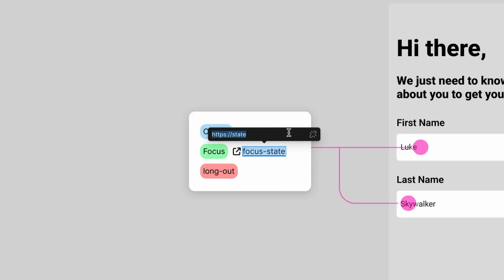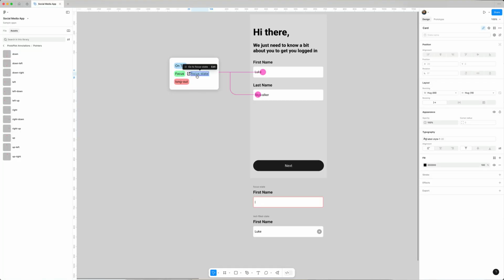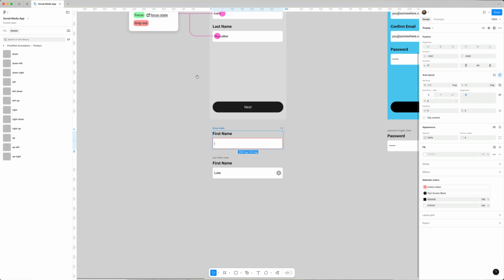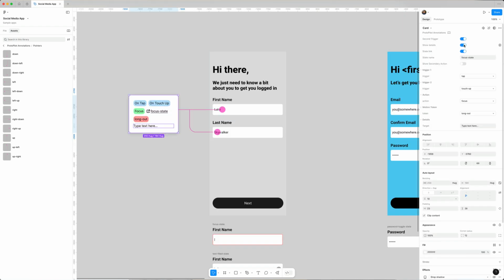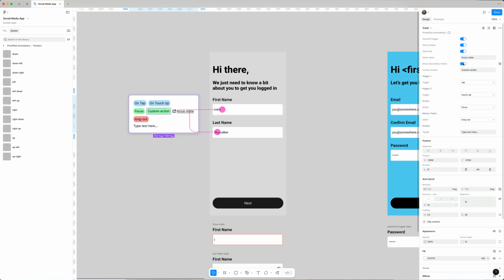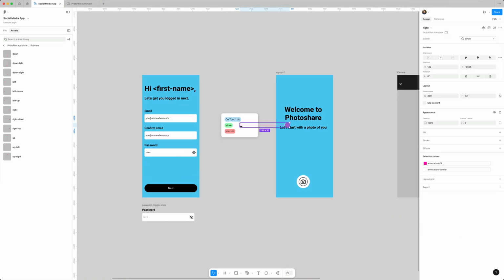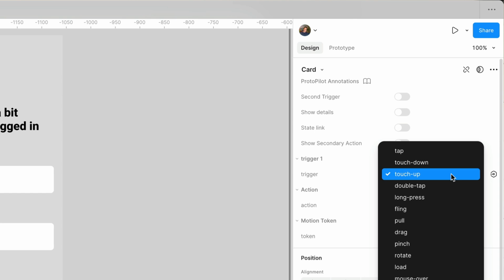Annotate is a purpose-built Figma library that enables designers to annotate their designs for interaction. It's made up of a number of components that make it really quick and easy to annotate designs and accounts for every eventuality. Simply drag and drop annotations, connect them together, and choose the interactions you want from the pre-populated